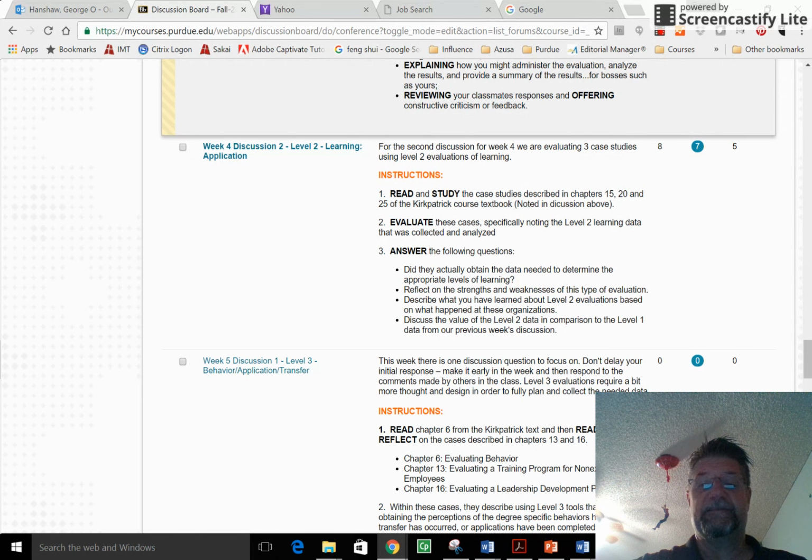And then discuss the value of level 2 data in comparison to level 1. We've had some good discussions on this so far. We're going to dig further into that this week as well, because there are huge differences. Level 1s are smile sheets, but they do give us data that we need to make sure we're on track. Because remember, if we're not getting what we want for level 4, we have to go down to level 3. That doesn't happen going down to level 2. So it's a constant drill down so we know where the disconnect or issue happened.